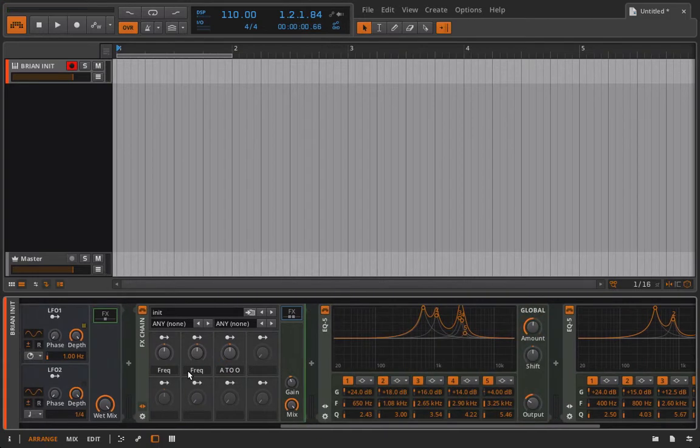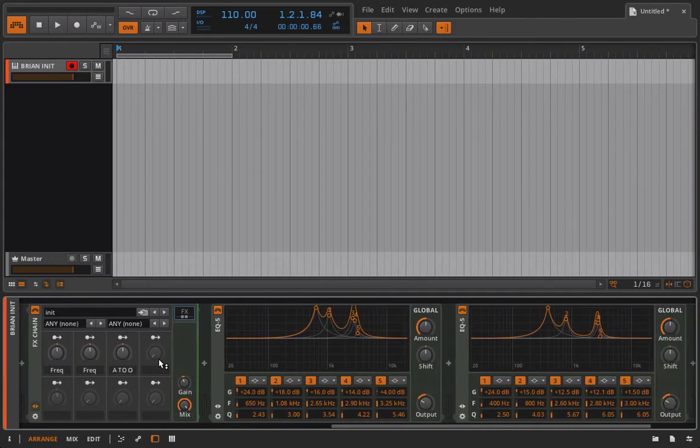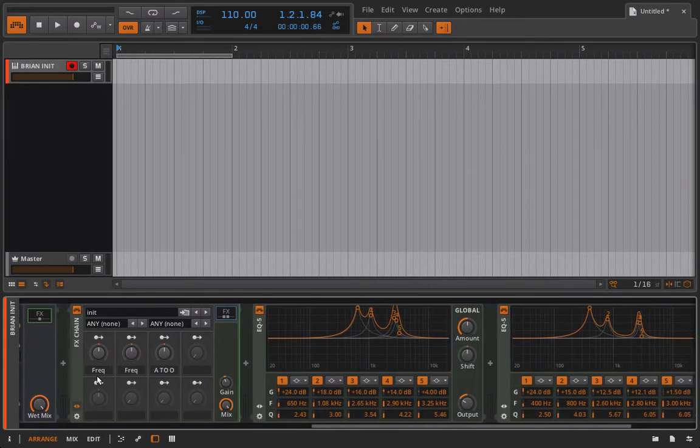All right, what I've done is I've put them both inside of an FX chain. That way I can use macro controls to control multiple parameters of both of these EQ5s, which I can't do independently unless they're inside of a chain. So I obviously have the frequency thing mapped here. So if I'm on my A filter, or if I'm on my O filter,